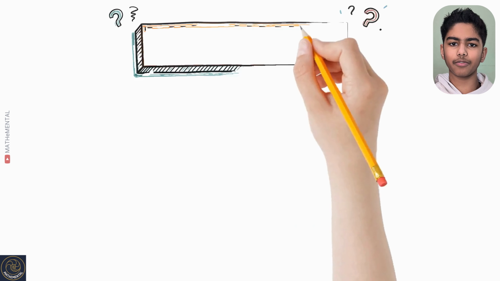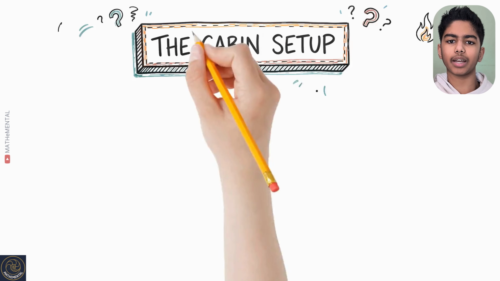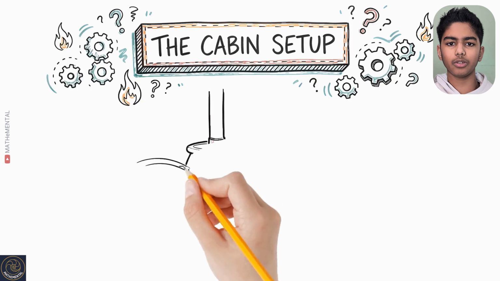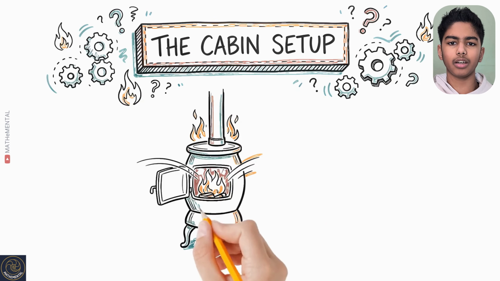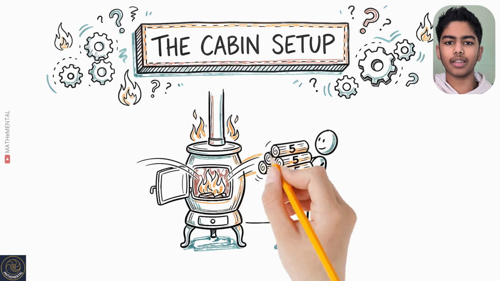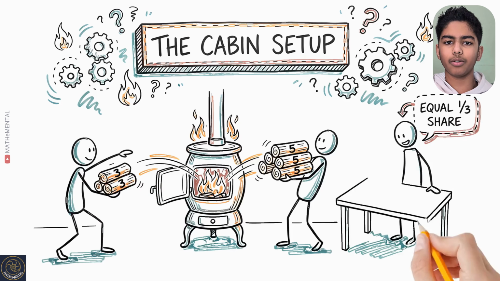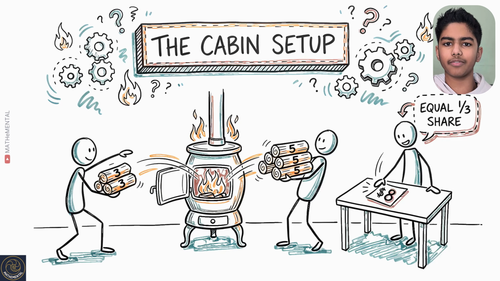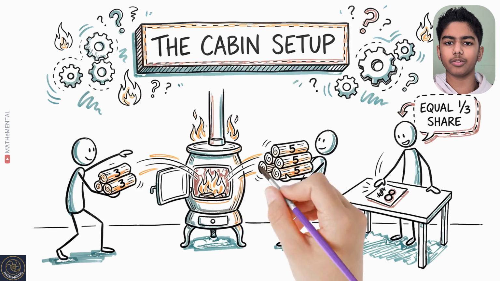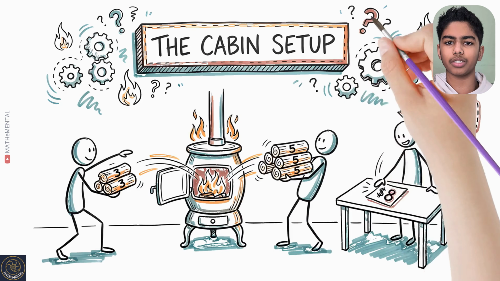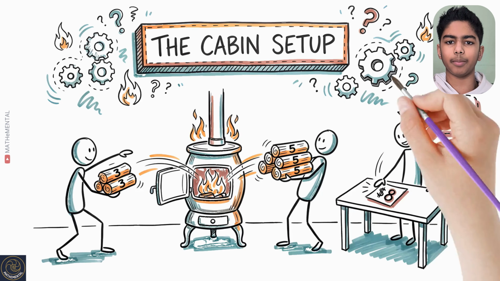Picture this. Three friends, X, Y, and Z, are in a summer cabin. To get a fire going in the wood stove, X tosses in 3 logs. Y pitches in 5 logs. They get a roaring fire going, totaling 8 logs. Z showed up with 0 firewood. To make things perfectly fair, Z slaps an $8 bill on the table, stating this covers her exact, equal, 1/3 share of the warmth. Simple enough setup, right?